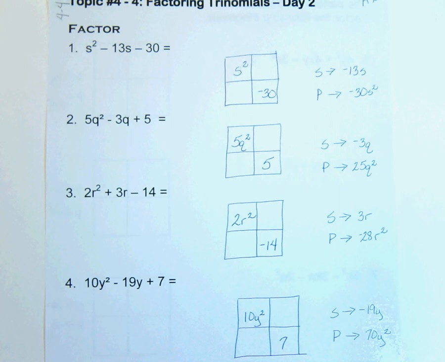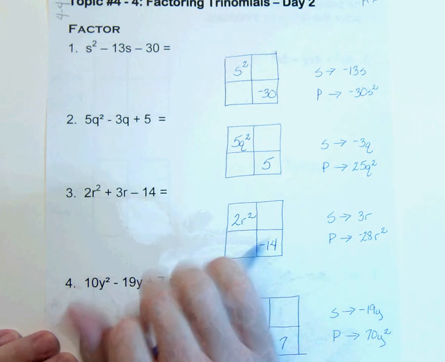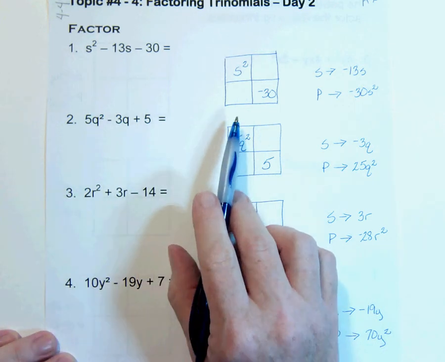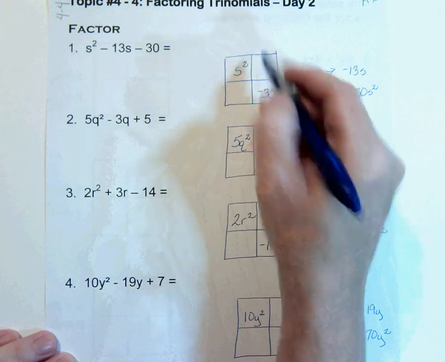So then it takes a little bit of mental math. You're just looking at each one of these and deciding which numbers you're going to put in each of the boxes. So let's look at the first one. You know that it has to combine to a negative 13, but it has to also be a product of 30. So again, you can look at your products of 30 in your list on your factor pair page, or throw it into the calculator in the y equal button that we've already reviewed, and you will find that you're going to be using, for this one, a negative 15s